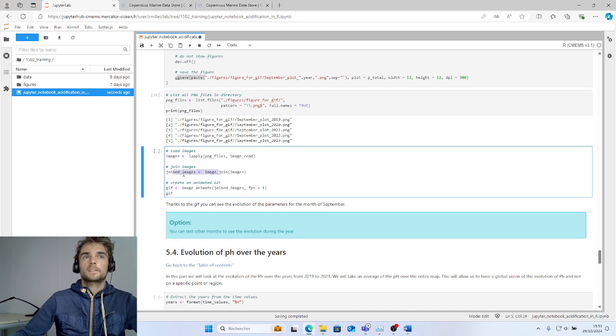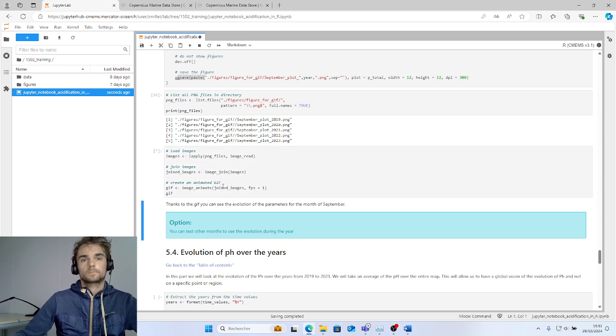The second line is to hold the image, and here it is to create the animation with 1 second per image. It takes several seconds.